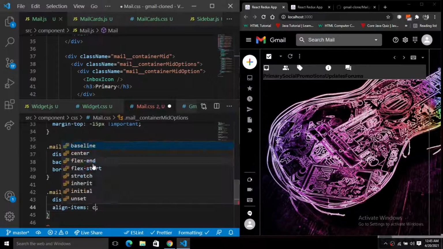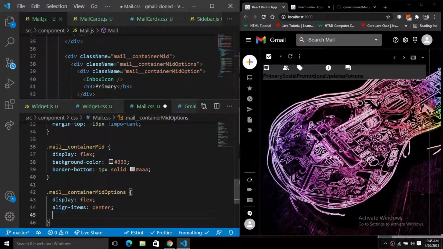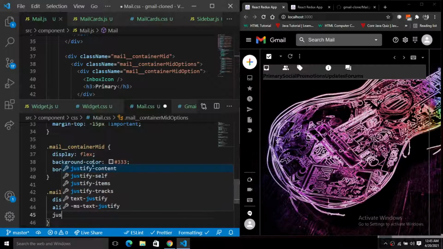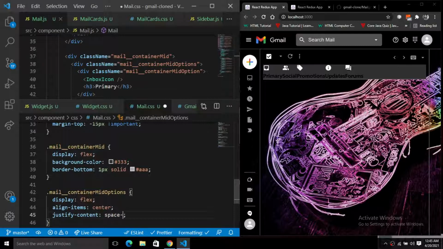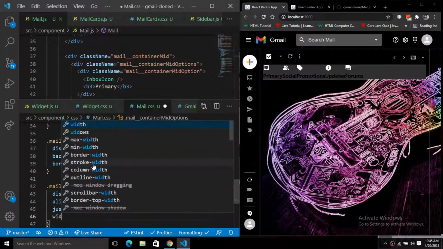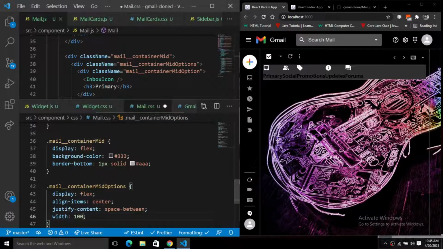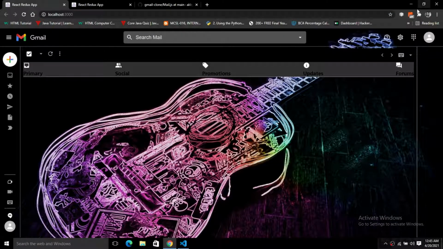Then we give the justify content of space between, but it is not in space between, because we have to specify the width. So the width will be 100%. Now save this. You can see everything is now styled, and it uses 100% of the width of the screen size here.